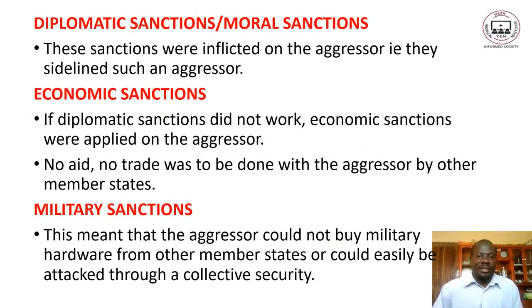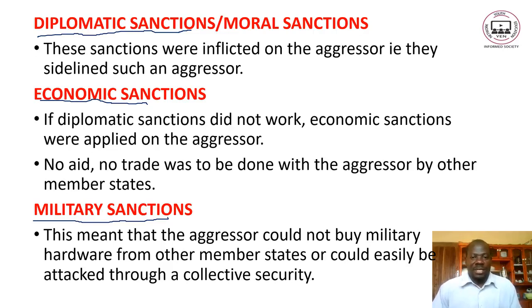So it could take the 3 measures. Number 1 was the diplomatic sanctions, economic sanctions, as well as military sanctions. On diplomatic sanctions, sanctions were inflicted on the aggressor. That is, the aggressor was sometimes sidelined. So basically here, what he's trying to say is that negotiations were the first thing. After the negotiations failed, then moral sanctions, sidelining the aggressor, the one that has proved to say this one